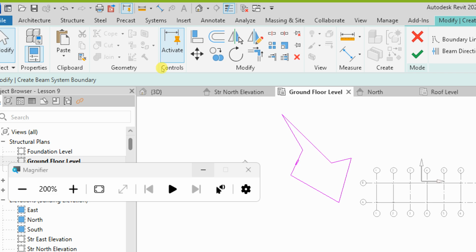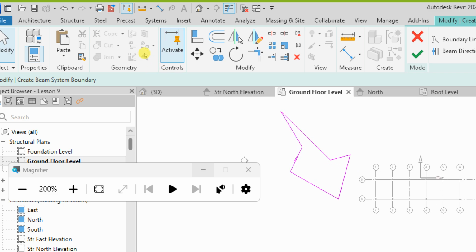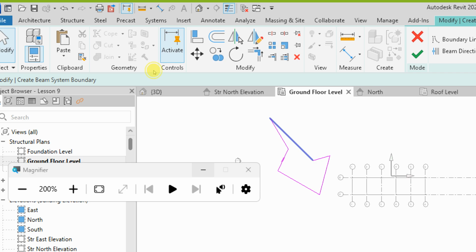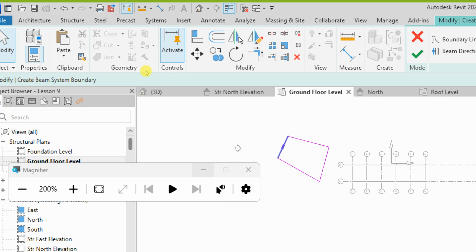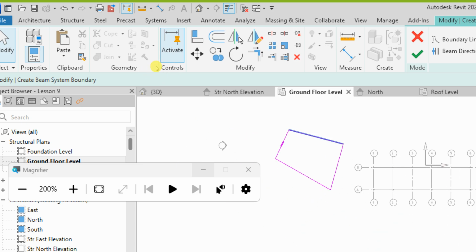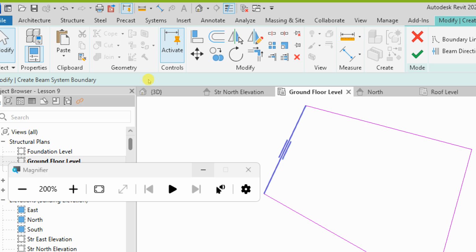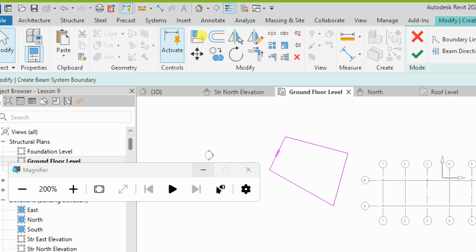Anybody can draw any building shape, and you can draw the outline of the building shape where you want the beam system to fit. This shape is very awkward. Never mind, I can delete it. Delete this one, and then bring this line here to meet this line here, and it will give me a quadrilateral as I've drawn here. In this quadrilateral, there is the beam member. The direction of the beam is defined by these two lines here. When I choose finish here,